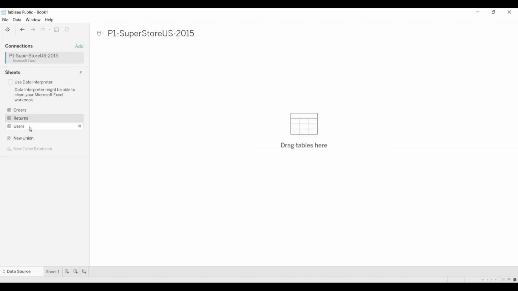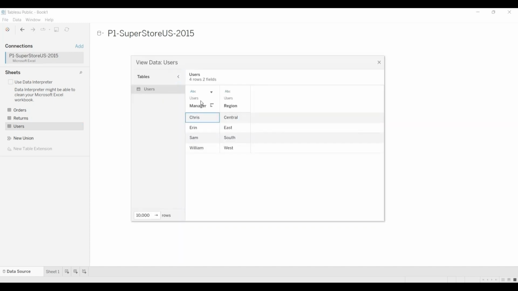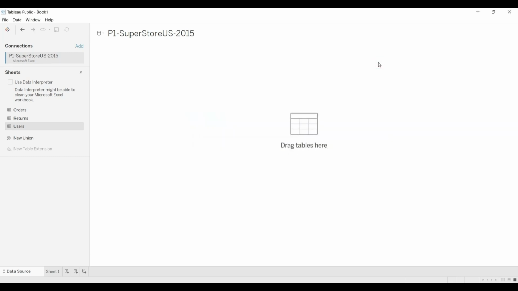Now, it's the same thing with Users. Under Users, we are seeing the different managers. This one has 4 rows and 2 fields, and these are the managers: Mr. Chris is managing Central, Erin East. So we have 4 zones. So after that,